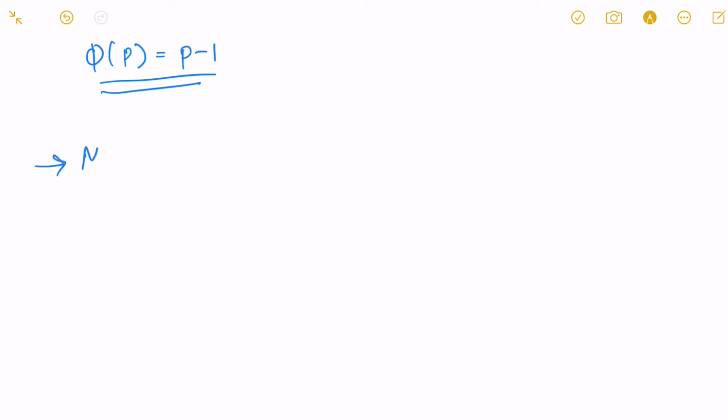Now that we know the definition of Euler's totient function, let's move on to a very important but basic property, which you will see later paves the way to prove Euler's product formula. So the property that I'm going to be discussing now is the multiplicative property. It means that phi, the Euler's phi function, is a multiplicative function.